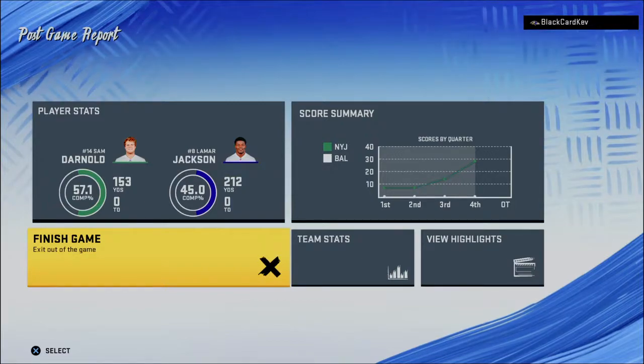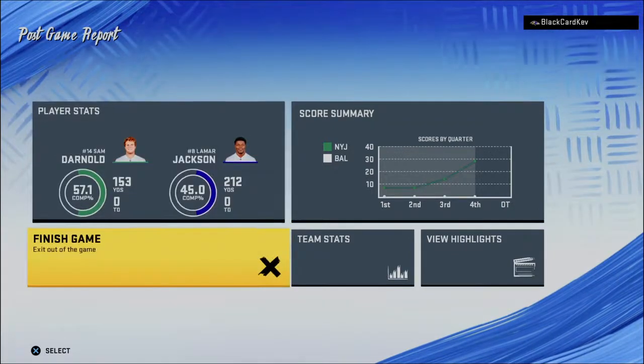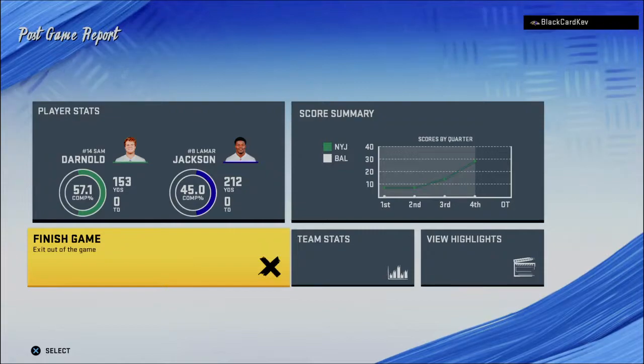So for the Jets, their battle to finish 500 gets a slight lift as they move to 6-8 on the year. And they'll get a few extra days to get ready for next week. Meanwhile, for the Ravens, they drop their 10th game now to fall to 4-10. And they'll try to get back on the beam next week as